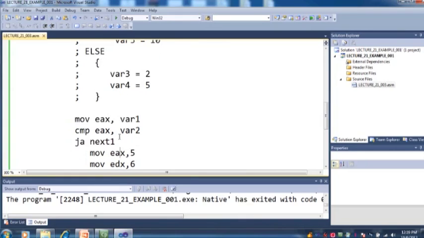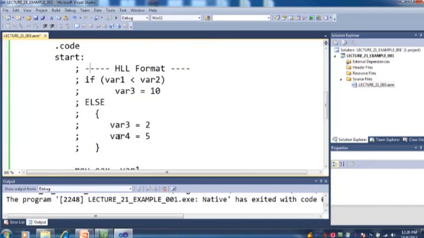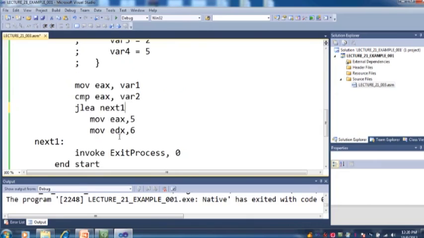After comparison, what we are going to do is jump. If it is less than or equal, for example, then jump to L1. So here, less than or equal, then move to L1, otherwise